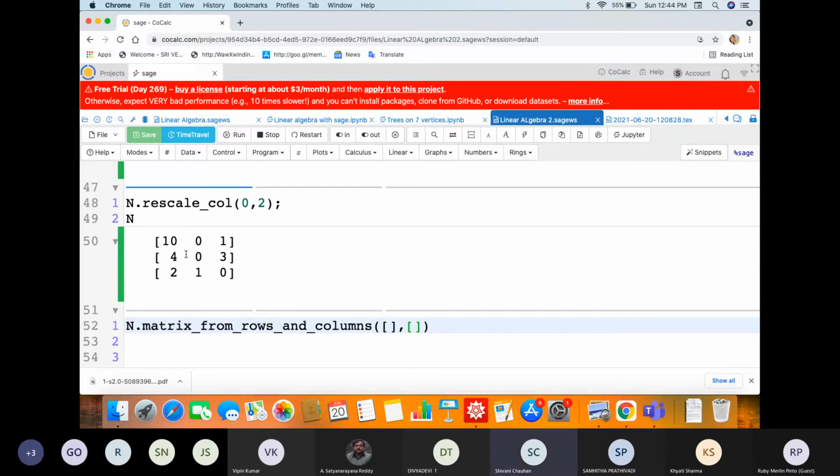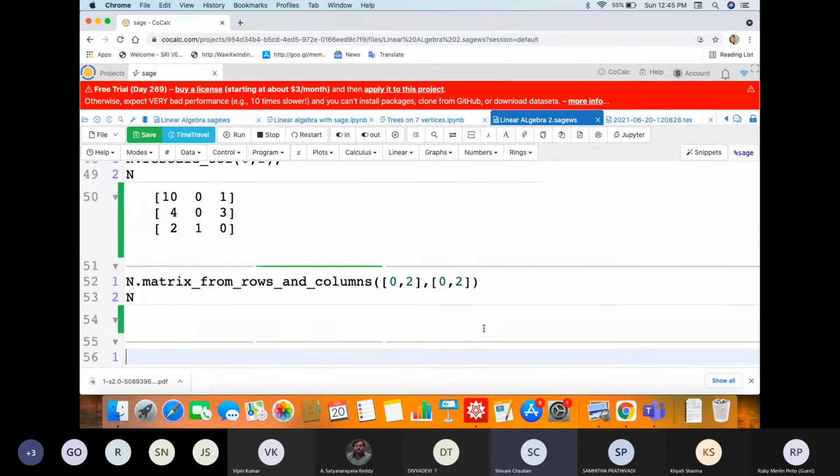So I was saying 0 and 2, right? 0, 2 and 0, 2. So this is for the column.